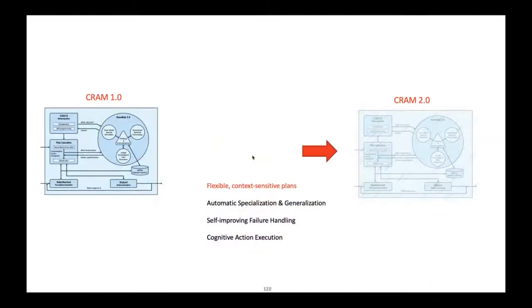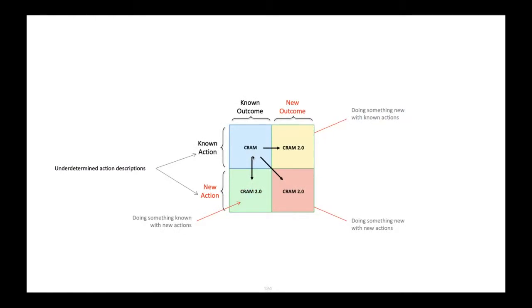So that's what it can do today, and where are we going to go in the future? In the last 10 minutes, I'll tell you a little bit about what it cannot do and how we're going to try and change that over the coming years. In particular, we want to have much more flexible, context-sensitive plans. We want to move from a state today where we can perform known actions with known outcomes,